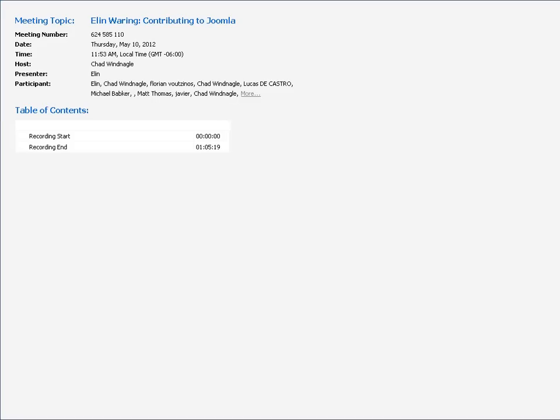As most of you know, we're at version 2.5, and in September we'll be releasing version 3.0. We just had some recent announcements about 3.0, like the inclusion of the Bootstrap framework for